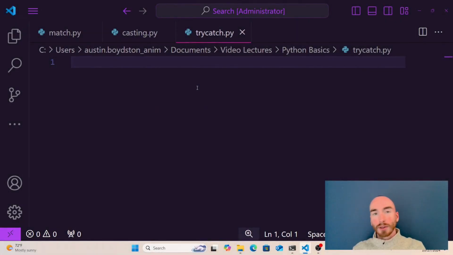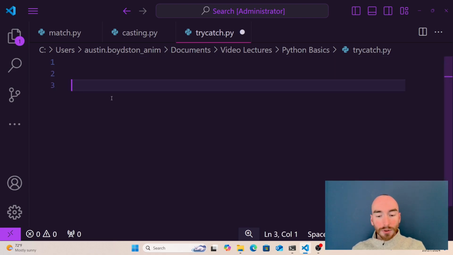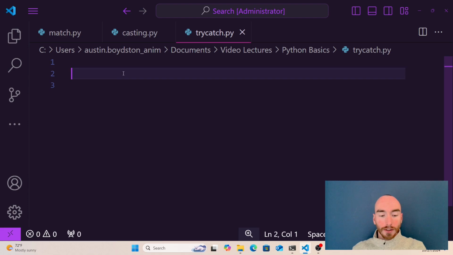Okay, so we just left off with casting, and in this one, we're going to show how to fix that error when it gets invalid input into the casting function. A common time where this will happen is if you get user input and then they enter something that doesn't work and it breaks your code, and then you're left with a program that just doesn't function correctly and the user might be confused. So we're going to introduce some new control flow structures, and this is going to be